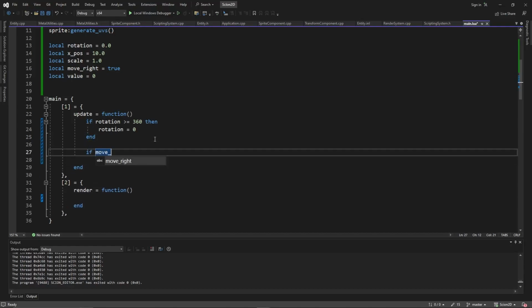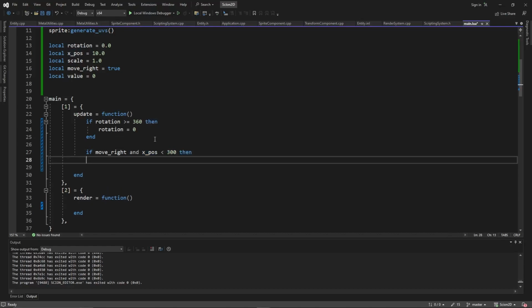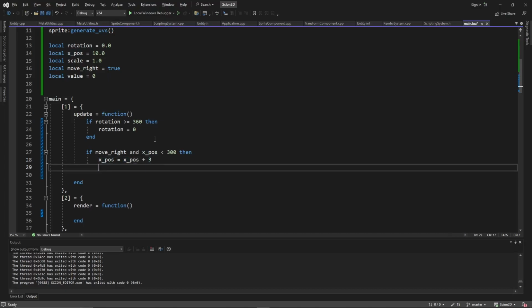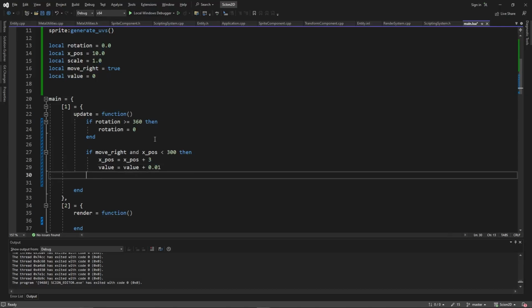So if move right and xpos is less than 300, then xpos is equal to xpos plus 3, and value is equal to value plus 0.01, and then else if